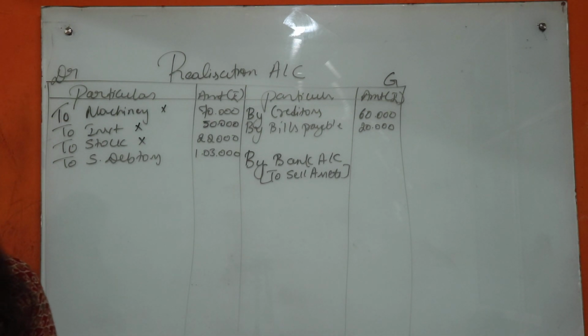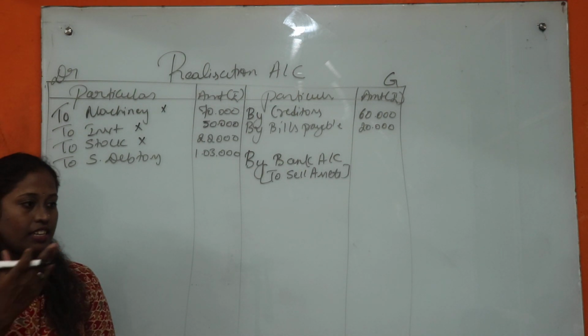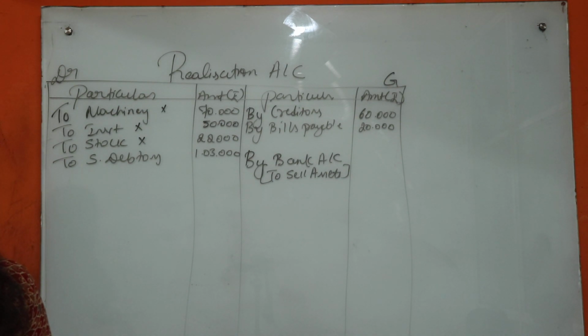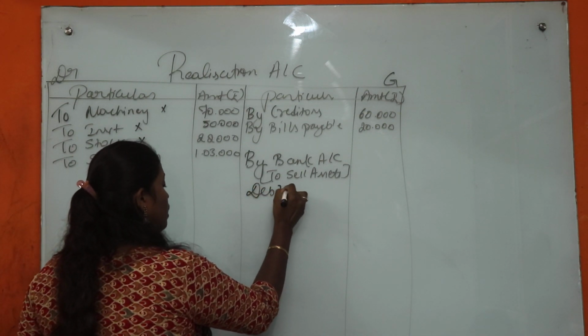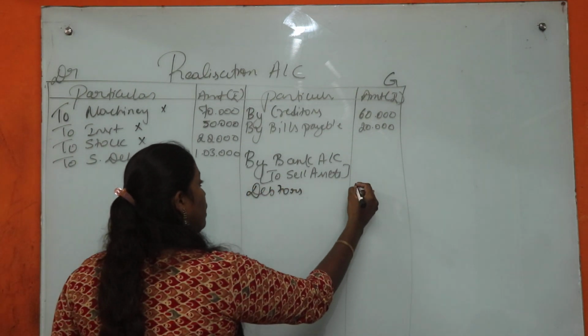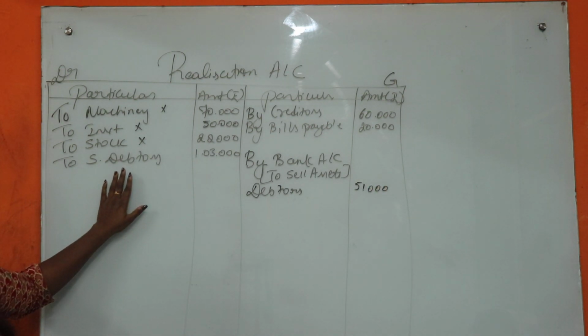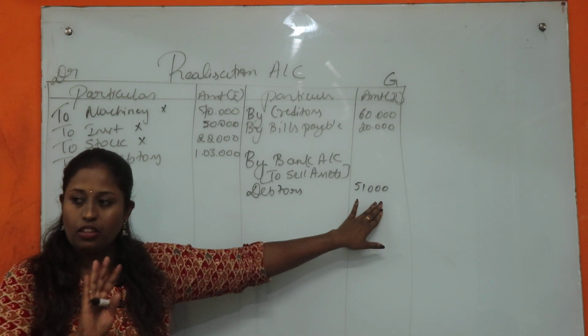The last leftover is debtors. What have they done for debtors? Tanu took over, okay, leave that. Sundry debtors of book value rupees 50,000 were taken over by Anu. That means 50,000 worth is taken over by Anu. The remaining were settled for 51,000. That means the remaining debtors paid us 51,000. Is this clear? Only for sundry debtors we have got a clear amount, that is 51,000.